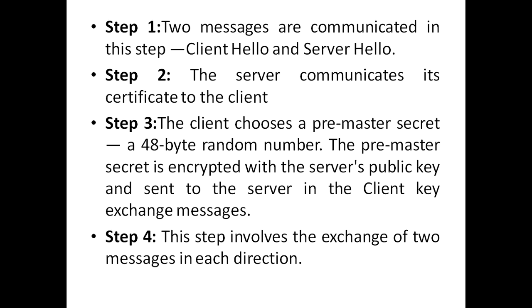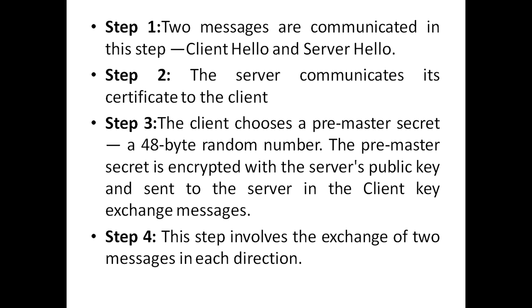These 6 derived secrets are: the initialization vector for encrypting messages from client to server, the initialization vector for encrypting messages from server to client, the secret key for encrypting messages from client to server, the secret key for encrypting messages from server to client, the secret for computing keyed hash on messages from client to server, and the secret for computing keyed hash on messages from server to client. These are the 6 derived secrets calculated in step 3.